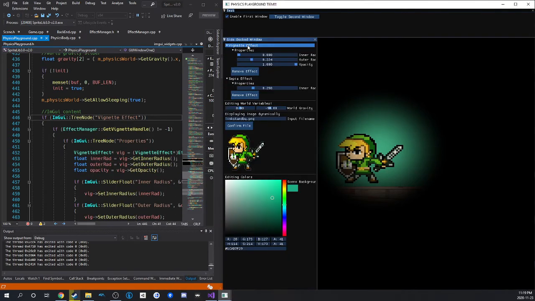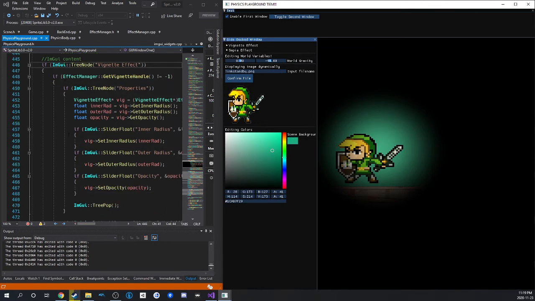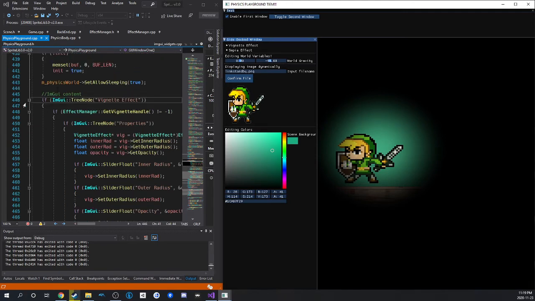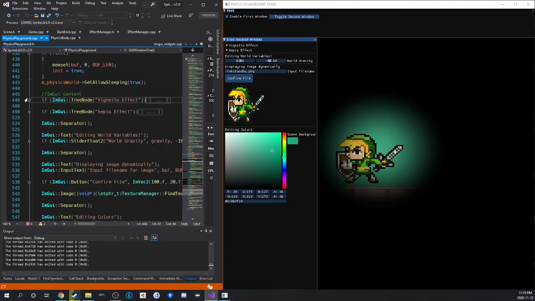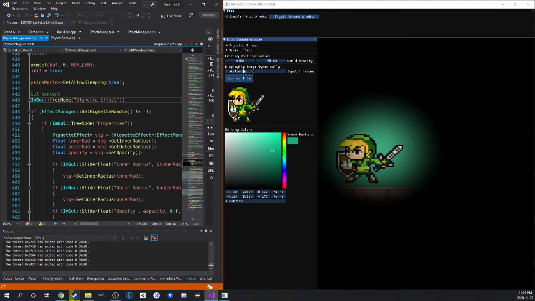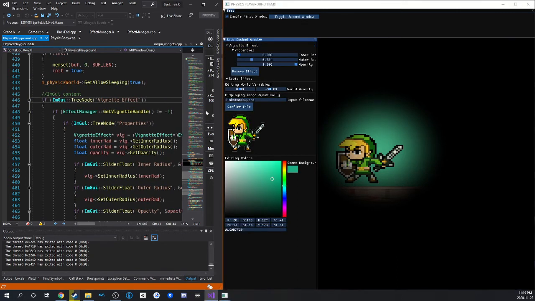When a tree node is closed, it doesn't actually do any of the code in here. So when this is false, when this is closed, none of the code in here runs. But the moment I open it up, it's now running. So what I've written here is a check that says, hey,